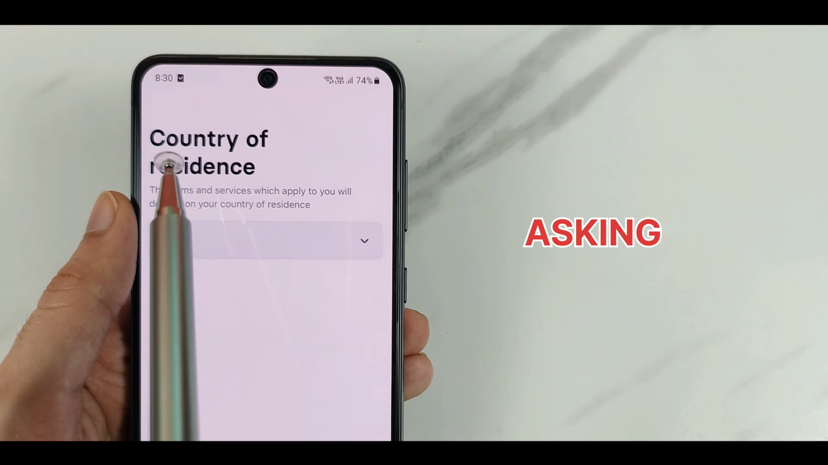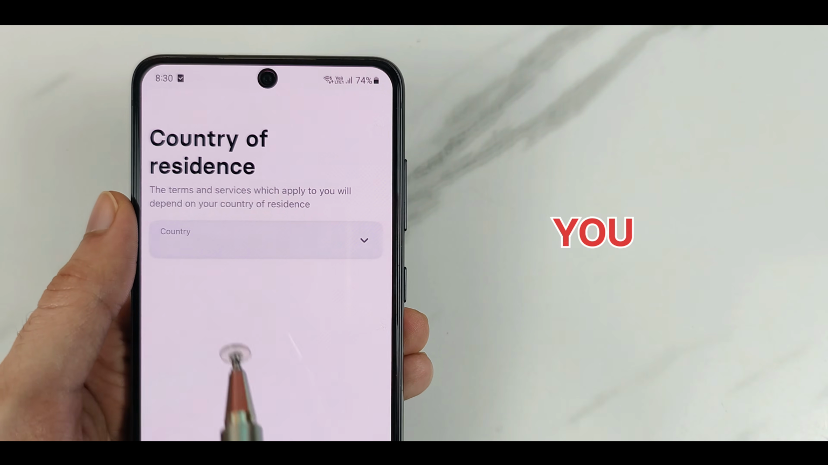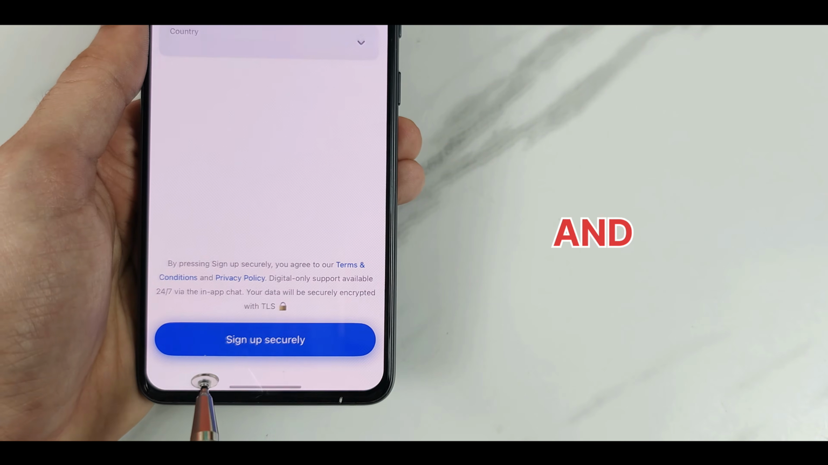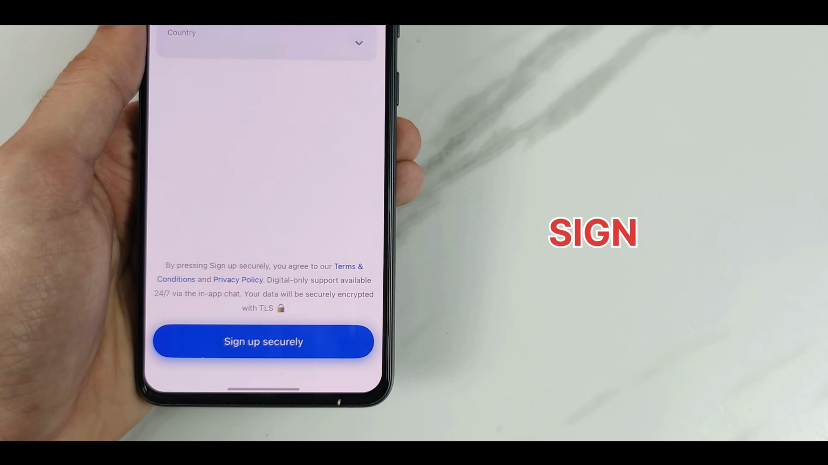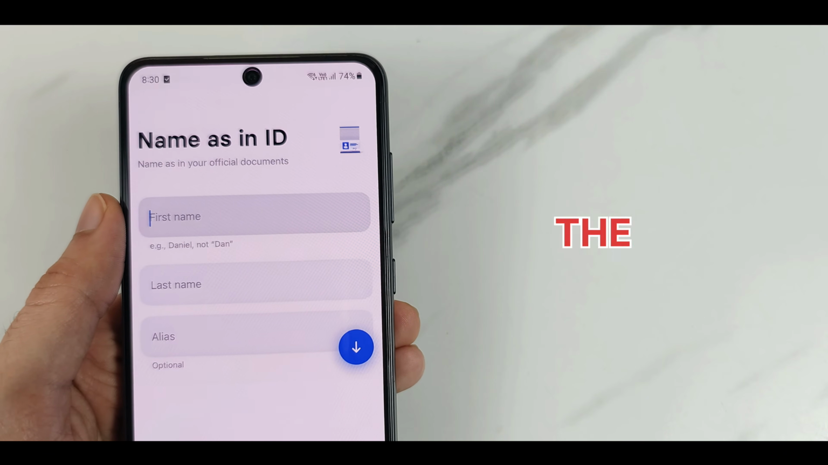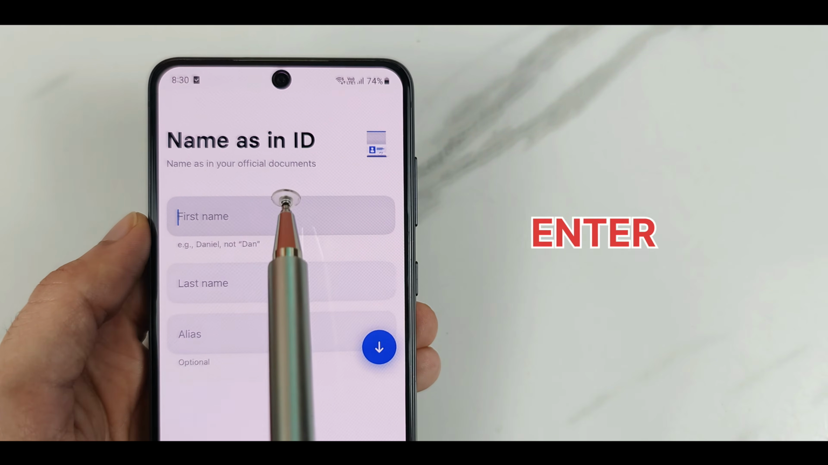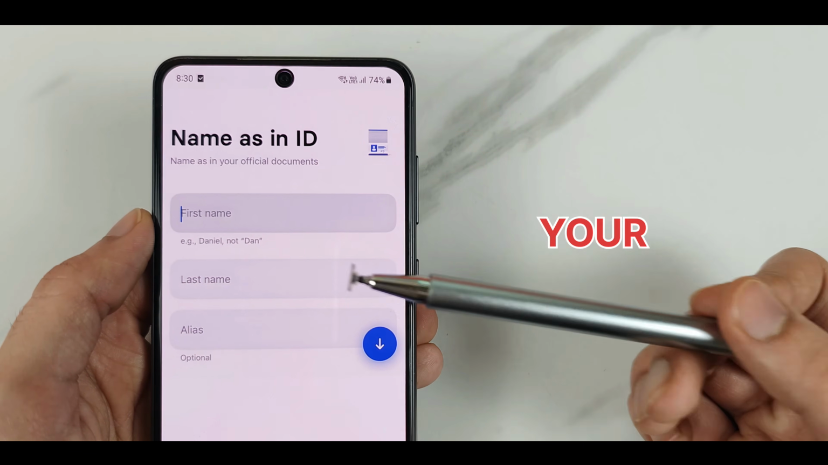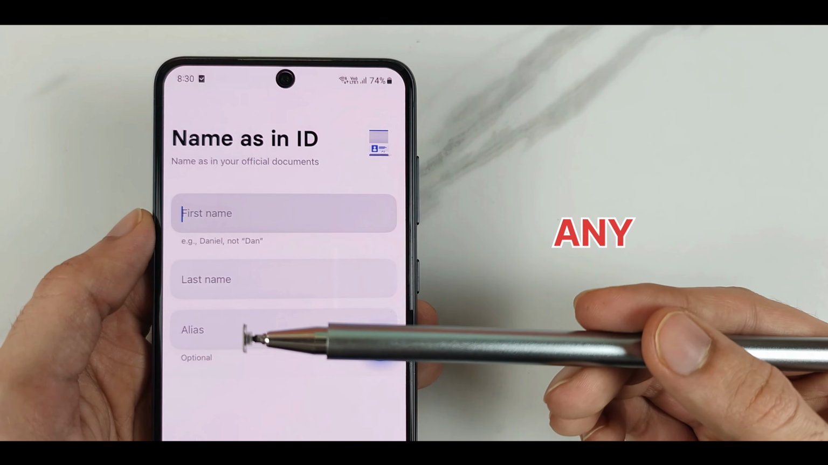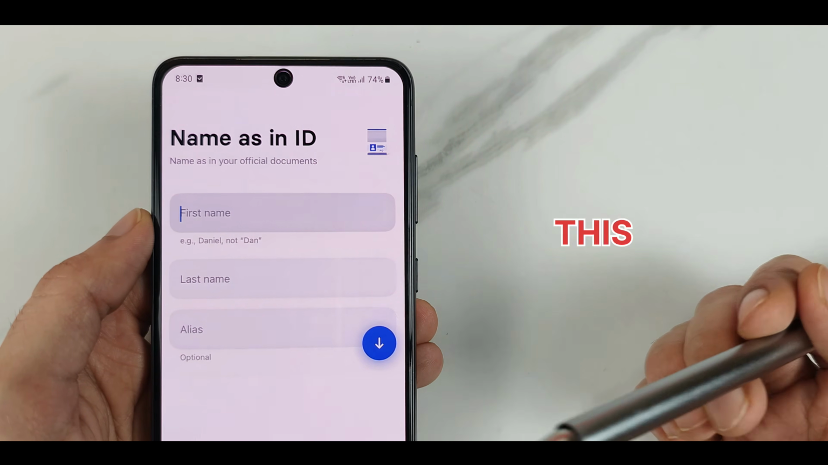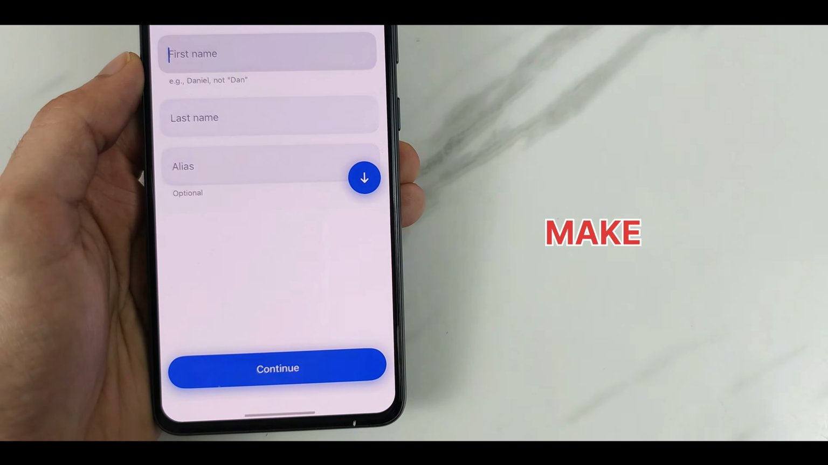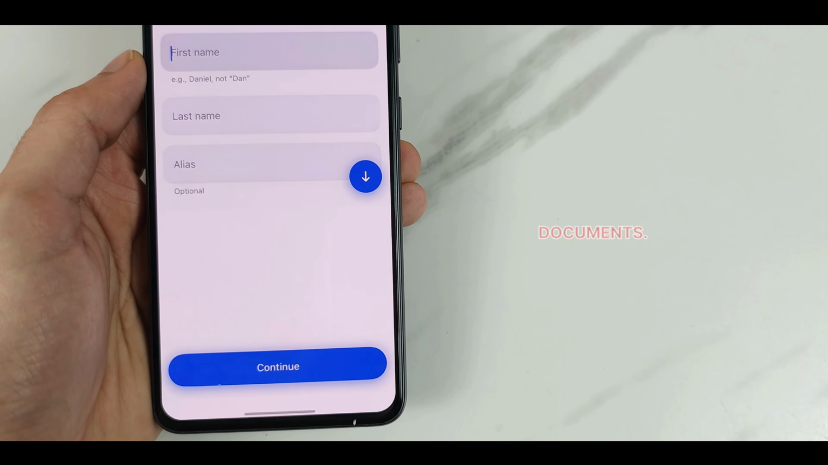So now they are asking you to select country of residence. You can select your country from here, and after that we need to click on sign up securely. I hide most of the details due to privacy issue. So now they are going to ask you about your first name, so enter your first name here. After that enter your last name here, and if you have any alias name then you can enter it here. This is optional, and also you need to make sure your name should match with your documents, and after that